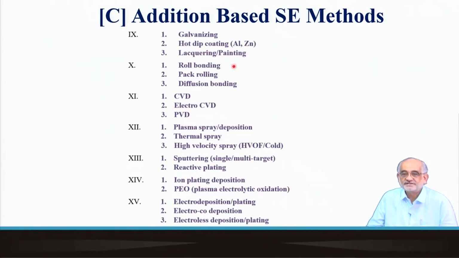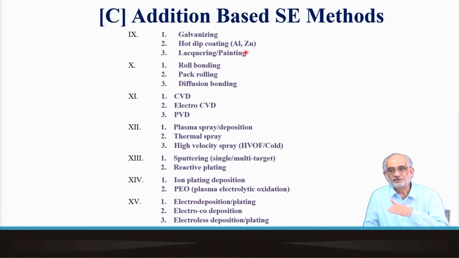Galvanizing: if you go to a steel plant, or if you are going to use steel sheets in particular, or wires, even various forms of steels in thin sections, invariably you'll see that they have a thin layer of coating of zinc, and usually these are done through the hot dip method. So you have a tank, you have molten zinc, actually it's a zinc aluminum alloy, or maybe with some other variants of composition, and through it you allow the sheet or the rod or the wire to pass through